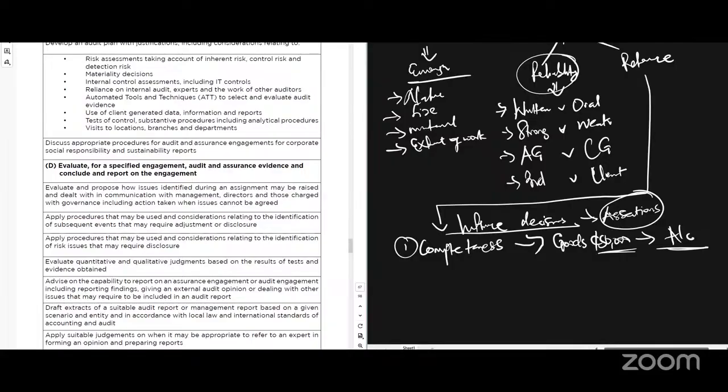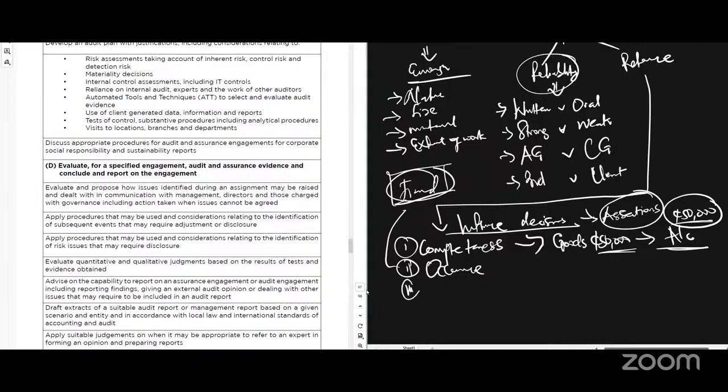So if the transaction is complete, that means it has gone through all the necessaries to hit the account. Then we have something like occurrence. If we take this 50,000 in the P&L or the balance sheet, did it actually occur? That transaction in your book. So this one is like you are trying to see whether there was a fraud. You can see something in the account, but the invoice or the receipt doesn't exist. We call it occurrence. Did it occur? Do you understand? If it has to do with assets and liabilities, we are looking at existence. Did it exist? So how do we do that? We can physically inspect the asset to see whether it actually exists. This is how we do procedures.